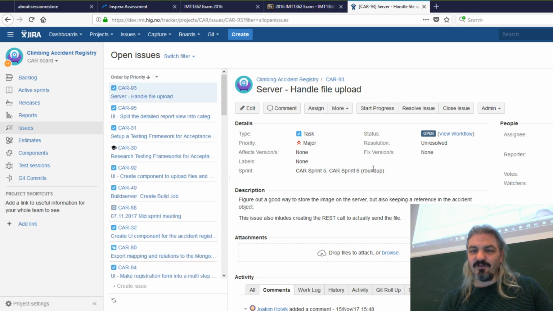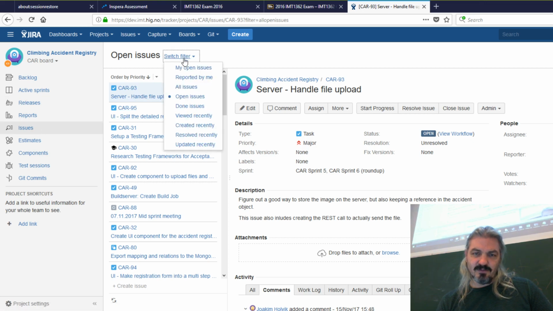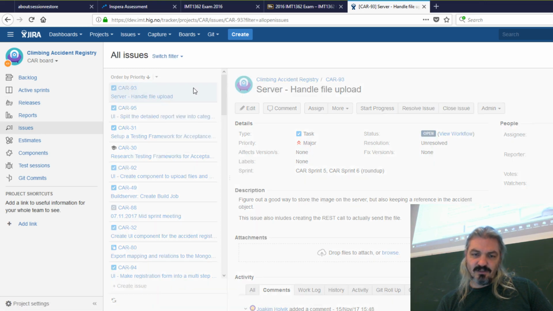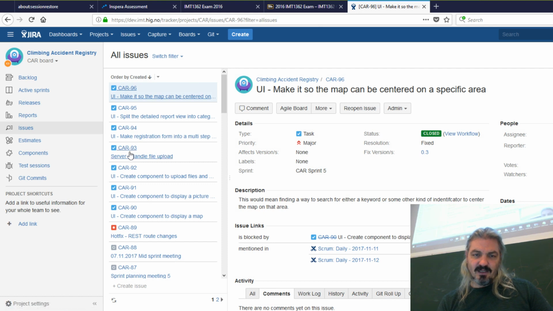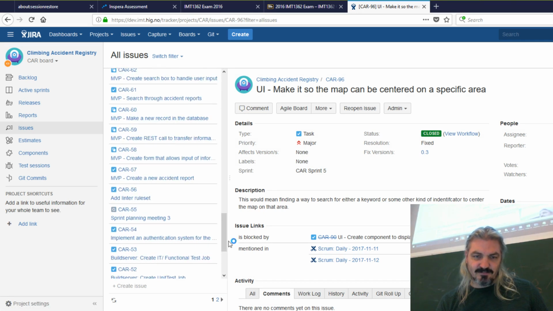So this is server handle file upload, right? So get the server to deal with uploading files. And it's currently unassigned, but if it was in a current sprint, so if I switch filters to all issues, you'll see I can find some if I go earlier in the project.